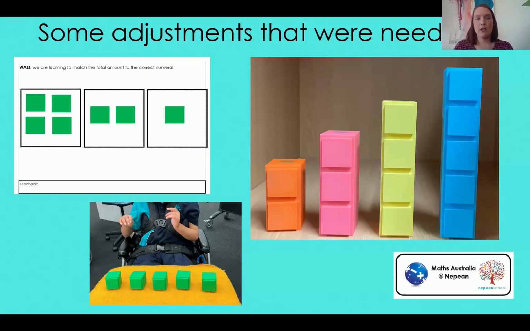And then in the bottom corner, you can see a student there in her wheelchair. She's got her bus straps on, which is important for her access, but her arms are free. She's got her chest strap. She's got her belt on, so she's ready for learning physically. And she has a Velcro board there in front of her with our big 3D printed blocks with Velcro. So she's able to access them. It's nice and close to her at her level, and she can reach them and pull them off to show what she knows.